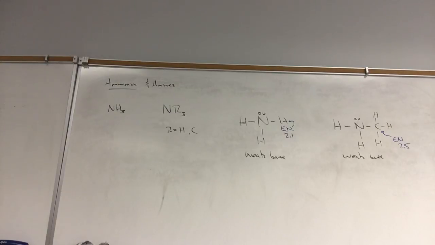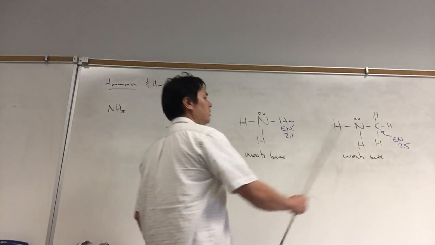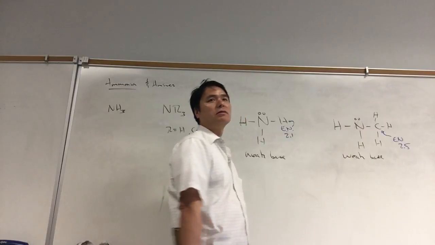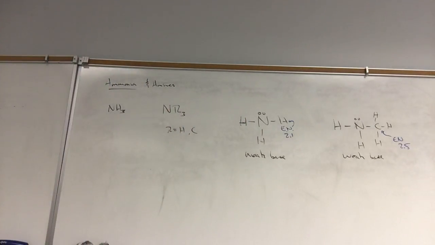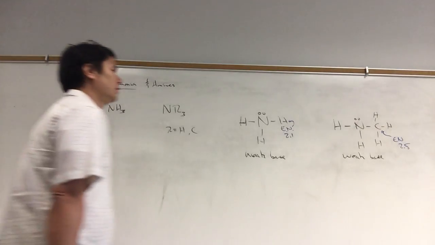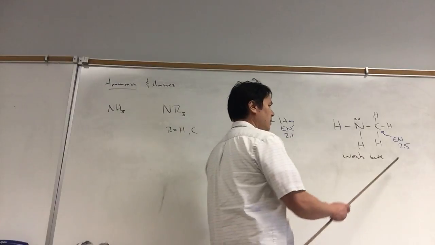A lot of people don't bother learning numbers, but the people who don't bother learning any numbers and get asked questions with numbers are going to have a hard time. And so the numbers that you learn is, how far do these electronegativities span? What's the range of electronegativities? The range of electronegativities is like 0.7 to 4, which doesn't seem like a huge one. The other thing is learning about